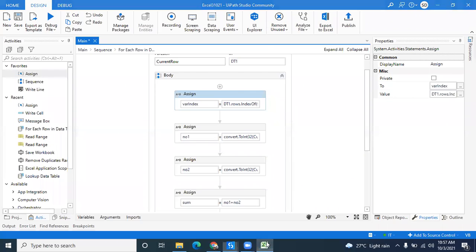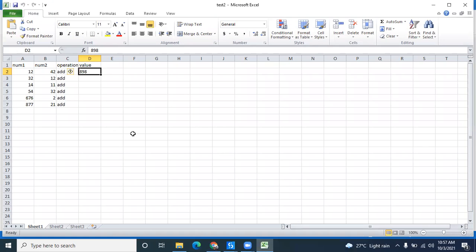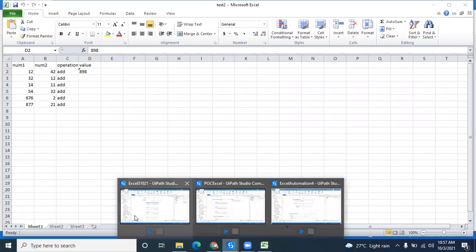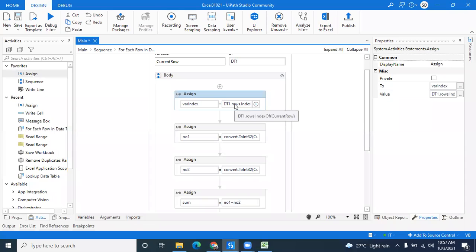Means how many rows are there? In the data table, we have a number of rows. We have a big data table, and in it we have a number of rows. That's why the second value I have taken is rows. So dt1 dot rows means in one data table we have a number of rows, and in those rows, what do I have to find out? Index of current row.